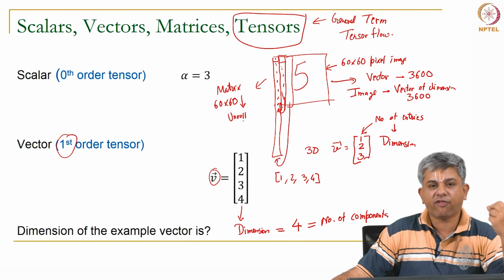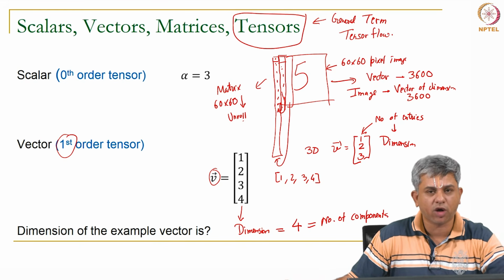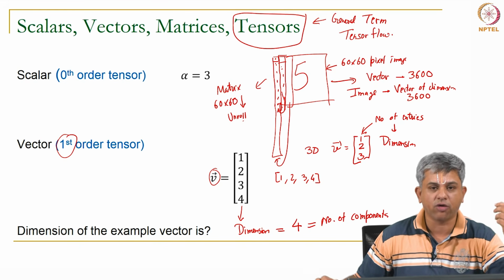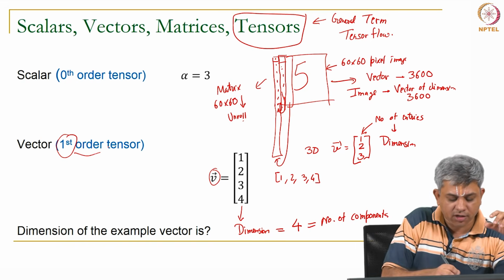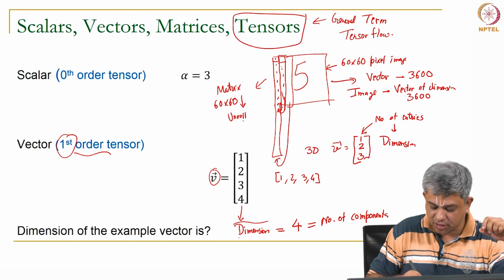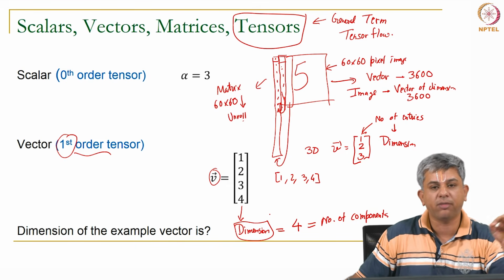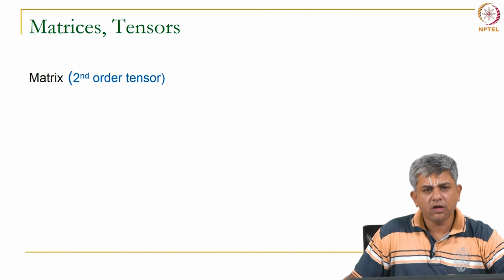Now, this kind of representation is extremely useful, as we will see throughout the course, and I will talk about it briefly at the end of this video also. Okay. So, please do remember this idea. You have the order of the tensor, which is simply the way you represent it. You also have the dimension. The dimension simply means the number of independent components that you have in the vector. Okay. We can move on.